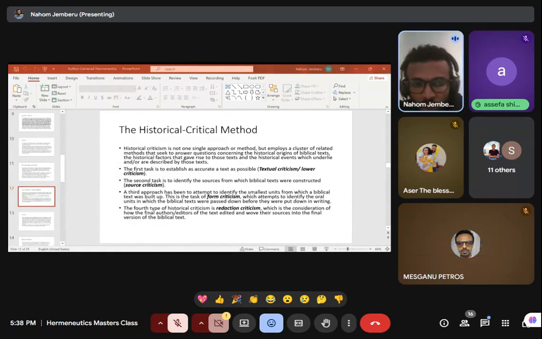It's not a single method actually. It's an approach, or a set of methodologies that seeks to answer questions concerning the historical origins of the biblical texts. So as I've already discussed last week,